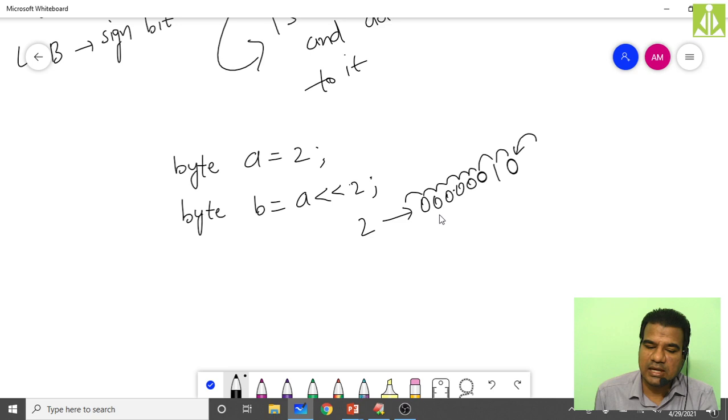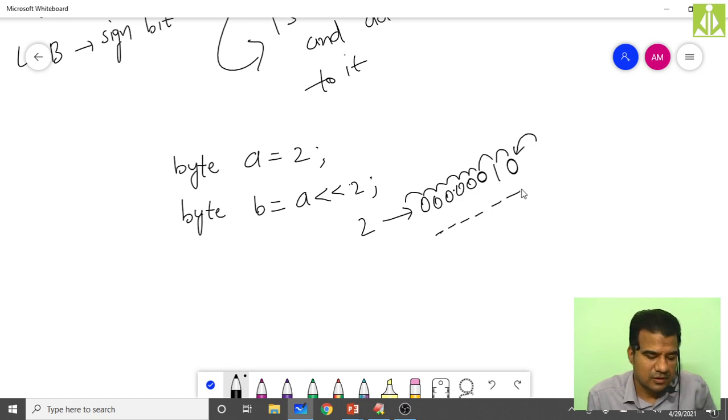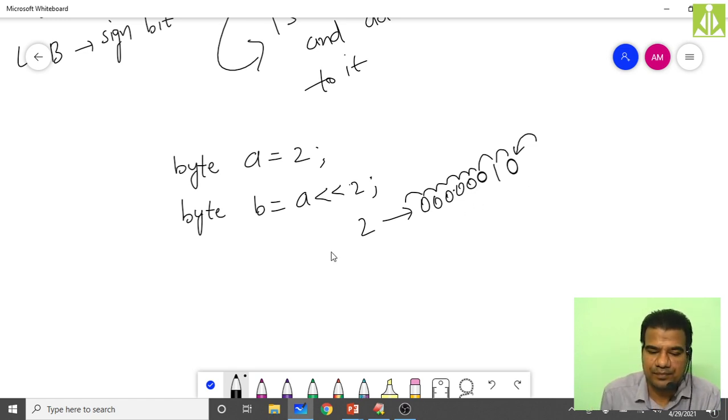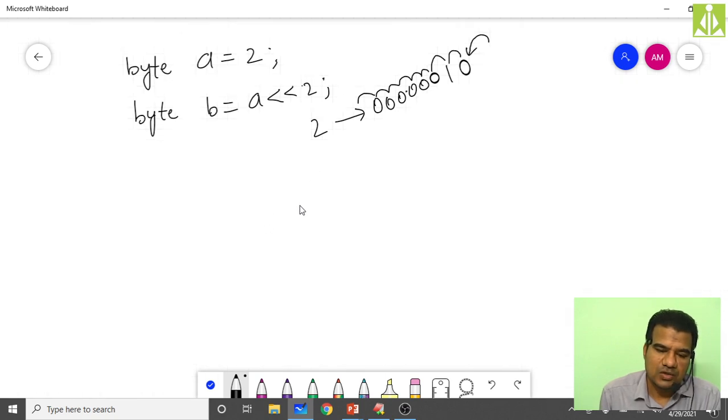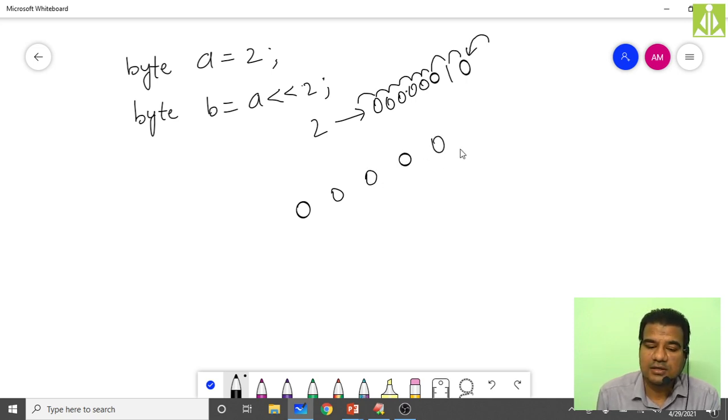So what will happen, basically, take the positions over here: 1, 2, 3, 4, 5, 6. I think I have to write those bits separately. For your understanding, I'm writing those bits like this: 0, 0, 0, and then 1, and then 0. So simply mark the places.